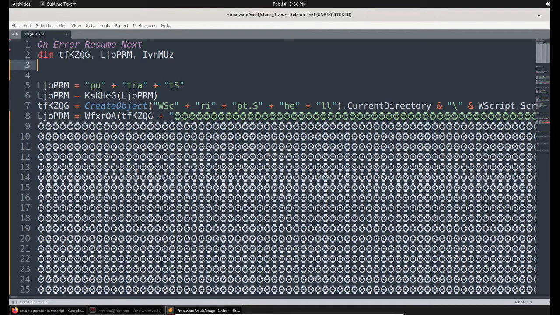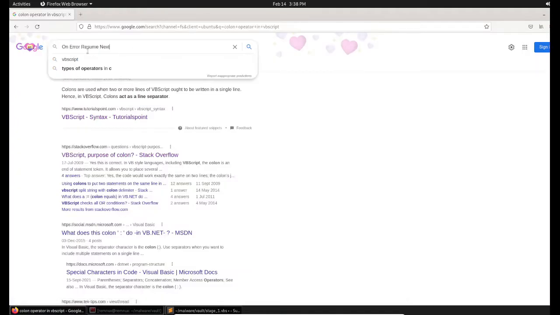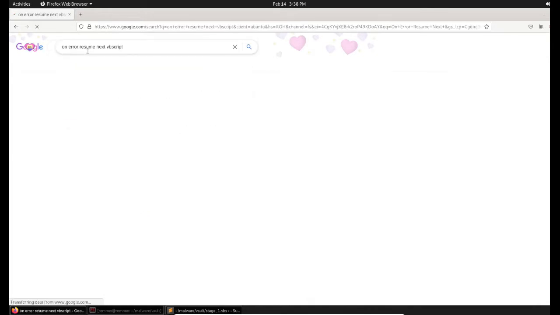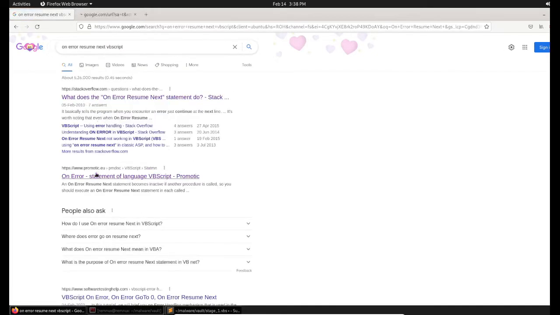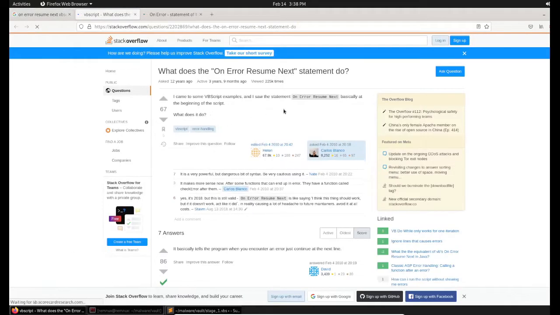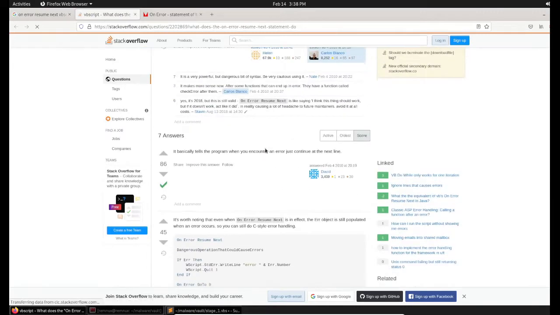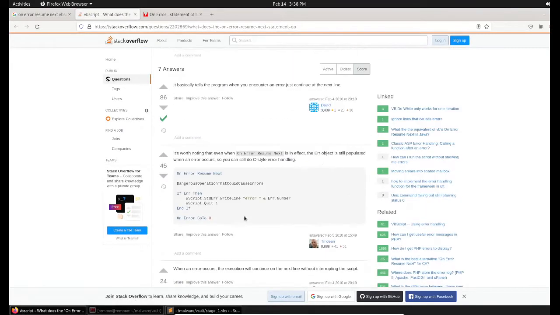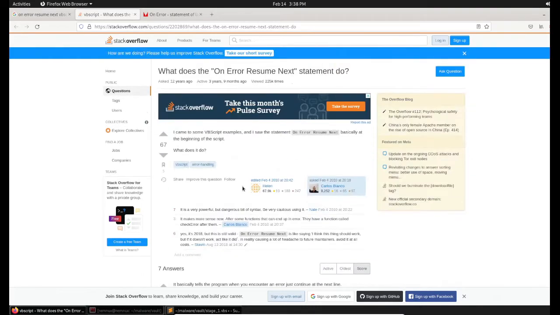Now let's begin. The first line begins with On Error Resume Next. So what is it? Let's Google it in VB script. It's a very powerful but dangerous bit of syntax, so be very cautious using it.